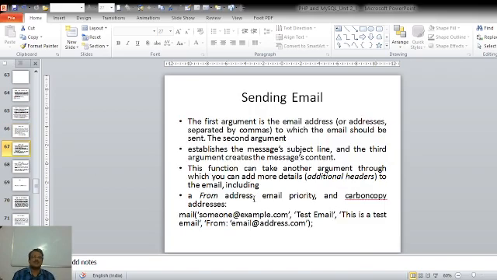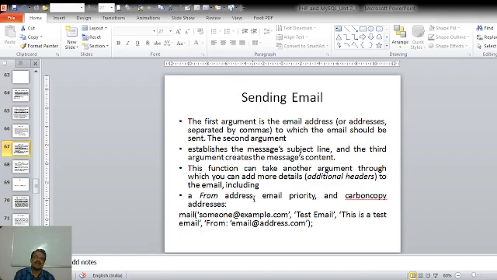The first argument is the email address, or addresses separated by commas, to which the email should be sent. The second argument establishes the message subject line, as is normal practice while sending email. And the third argument creates the message content, the detailed message.